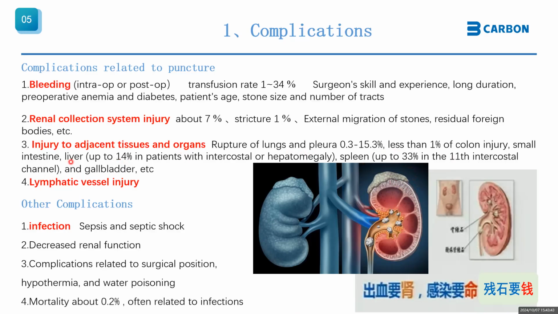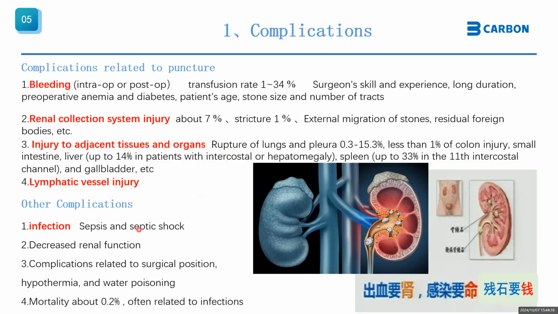Up to the liver or spleen, just the intercostal. Intercostal means the upper approach, if you choose it, and there is less than 1% colon injury. Clinically, the most common adjacent tissue injuries are lung or pleural cavity